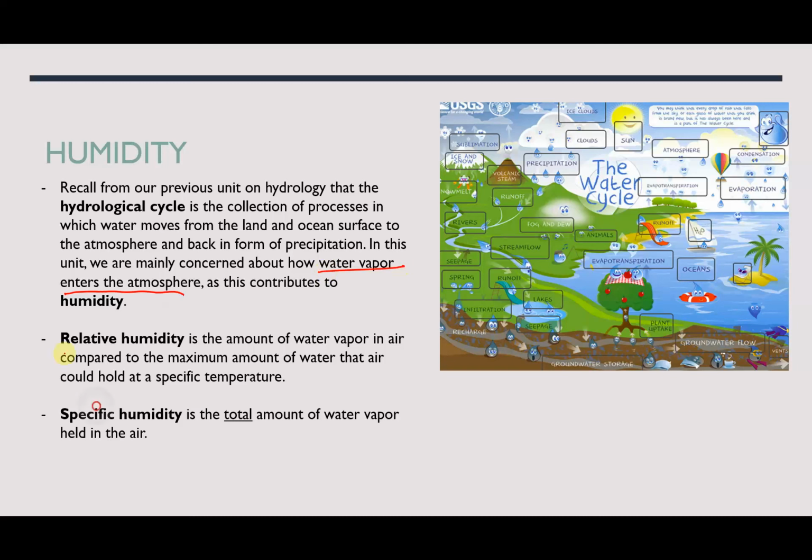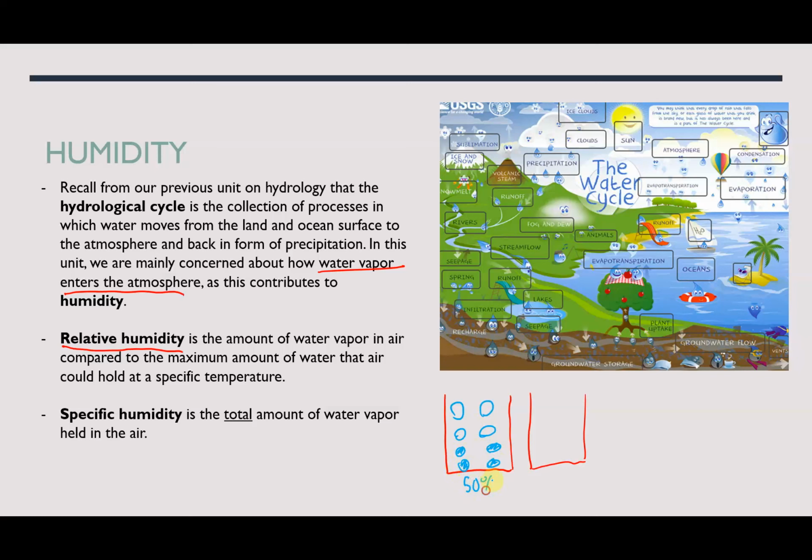So relative humidity is the amount of water vapor in the air compared to the maximum amount. So we had the example earlier in the year where, for example, this jar could hold 8, but only 4 of them are in here. So let's say in this parcel of air we could be holding 8 water molecules, but instead we're only holding